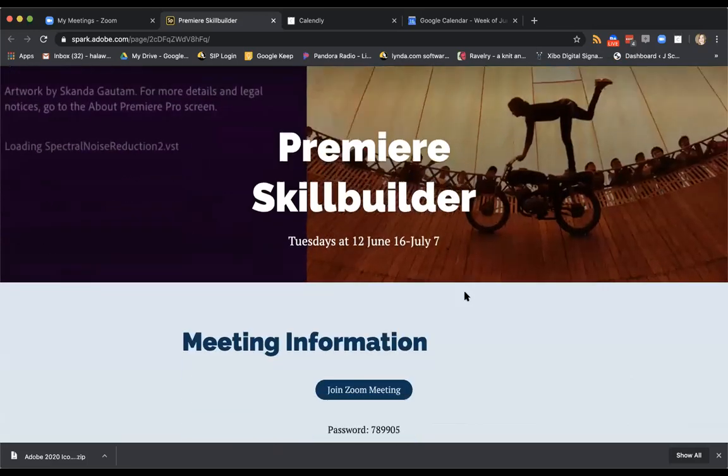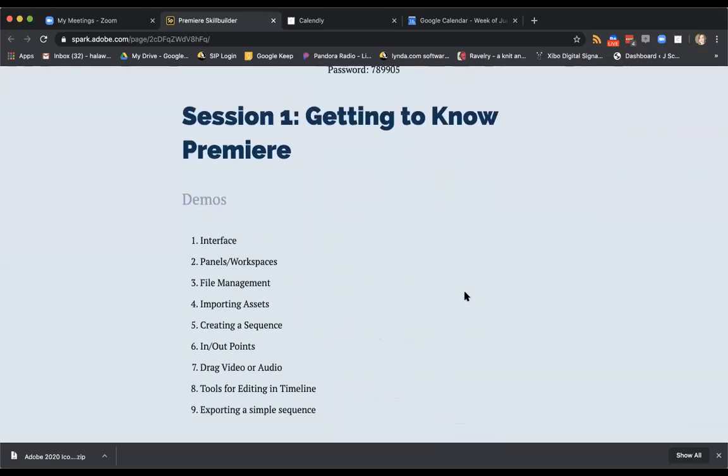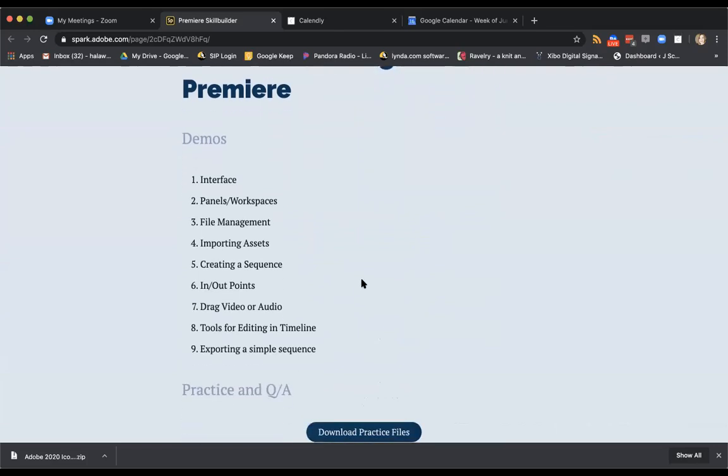Okay. So our goal for today is just to get to know basics in Premiere, starting with talking about some file management, interface, basics of just that whole panels and workspace situation. We'll look at importing assets, get started on a sequence, set some in and out points, look at video and audio and how you can use those differently, go through the tool set, and then we'll export the very simple